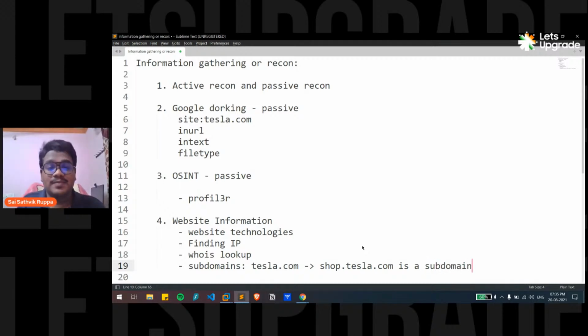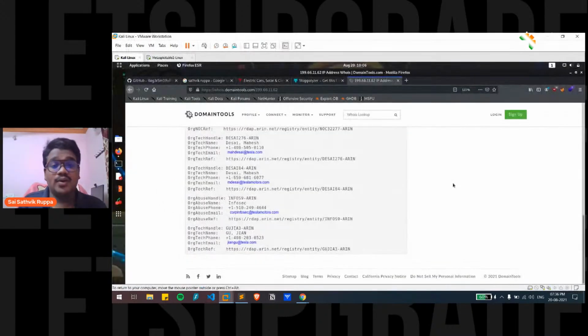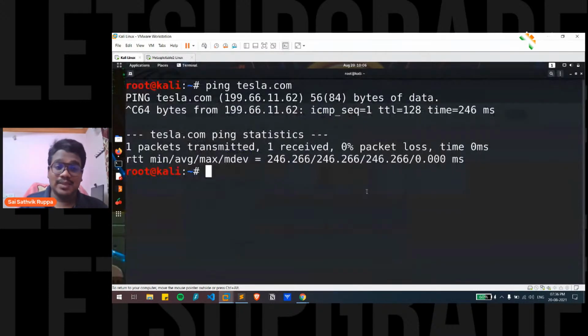Every website is going to have some subdomains. So tesla.com will act as a home page. The shop.tesla.com is going to have something like shopping features and stuff. So that is how these subdomains are organized. It is like organizing your books in every possible shelf. So now we'll see how you can find out all the subdomains of a